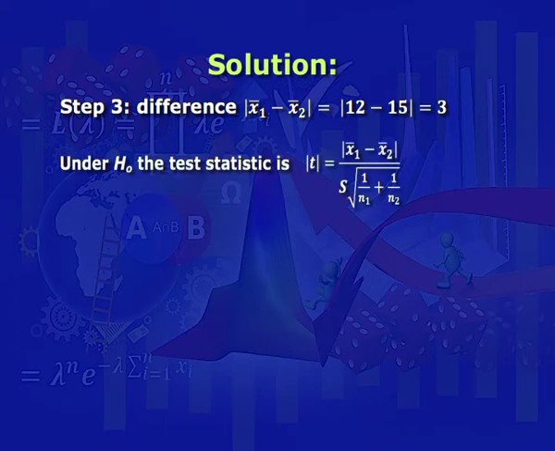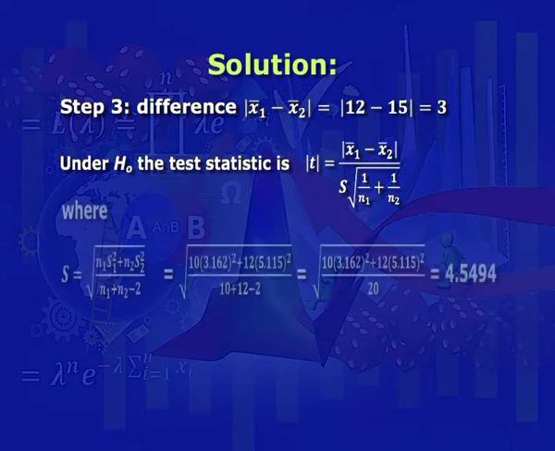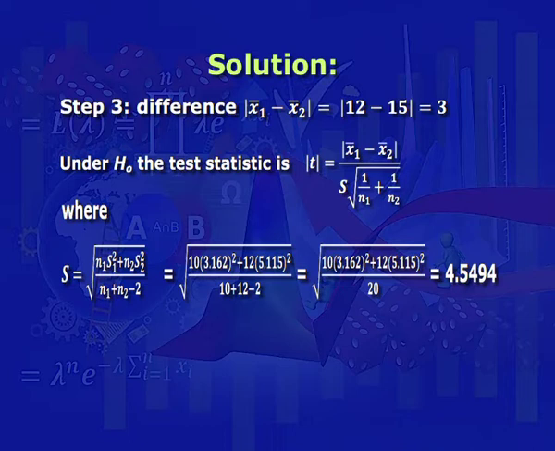Now under H0, the test statistic is defined as absolute t equal to absolute difference x1 bar minus x2 bar divided by s into under root 1 upon n1 plus 1 upon n2, where s is under root n1 s1 square plus n2 s2 square upon n1 plus n2 minus 2. Substituting the value of n1, s1, n2, s2, we get under root 10 into 3.162 square plus 12 into 5.115 square divided by 10 plus 12 minus 2. On simplification, we get